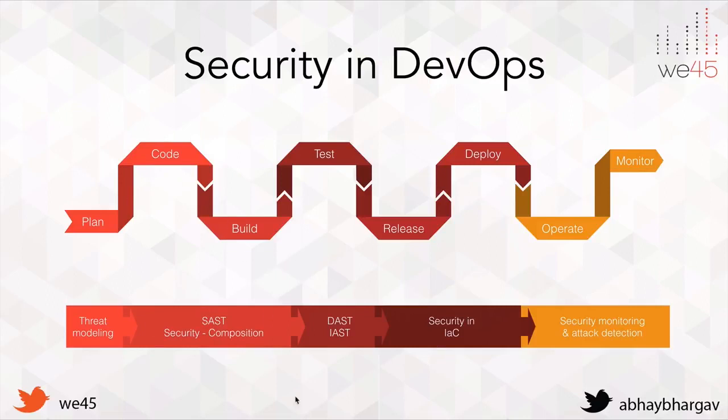Now, once the developer finishes his or her build and it gets ready to test, that's when you trigger your dynamic application security testing or interactive application security testing, where you would have the scanners or vulnerability assessment tools running against the application, or an instrumented vulnerability scanner running against your application to identify any security issues that the developers have introduced or the deployment has introduced.